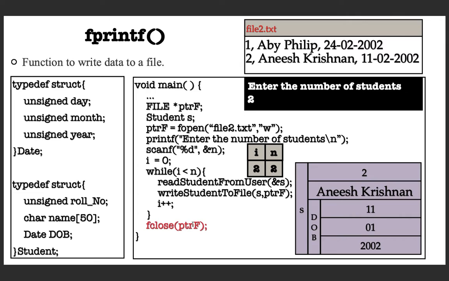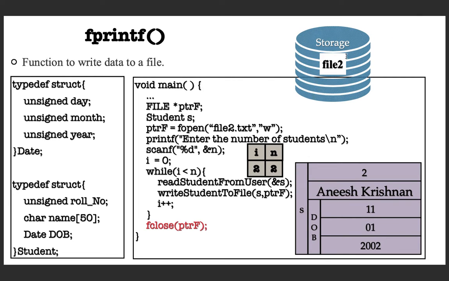Now note that this is the function to close that opened file. So if you execute it, it's just fclose of that file handle. Then you are closing it, so the file is permanently residing in the storage. So you can open it later and access those values.